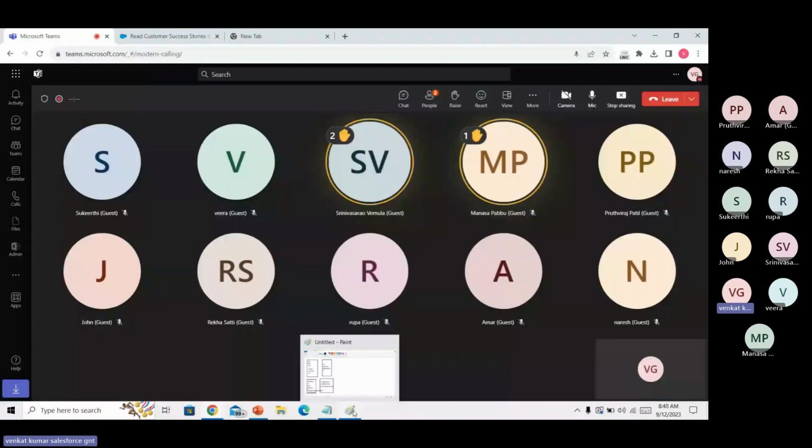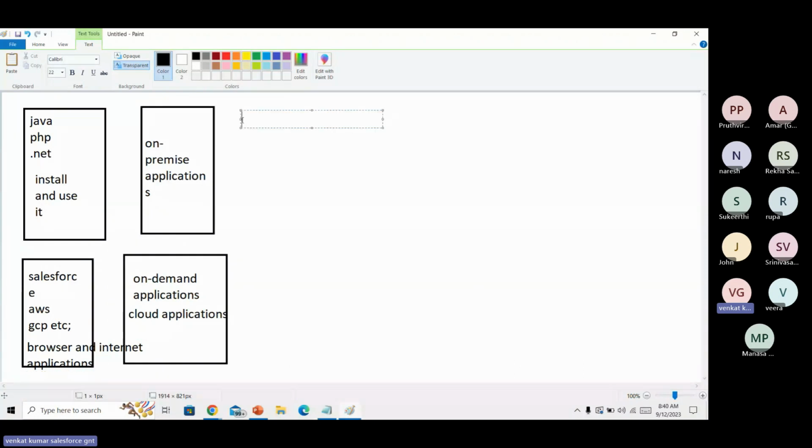What is Salesforce first of all? Does anyone know anything about Salesforce here? Salesforce is nothing but a cloud technology. It's a CRM tool.